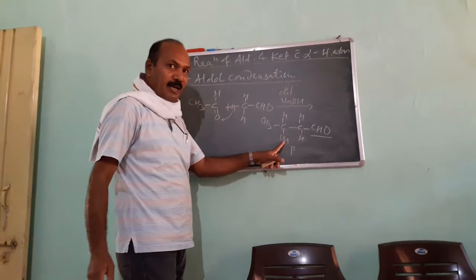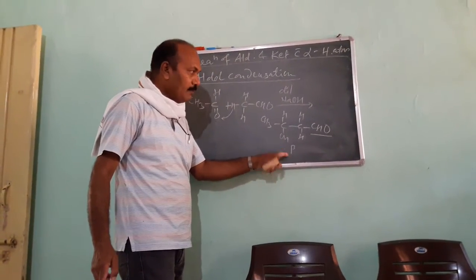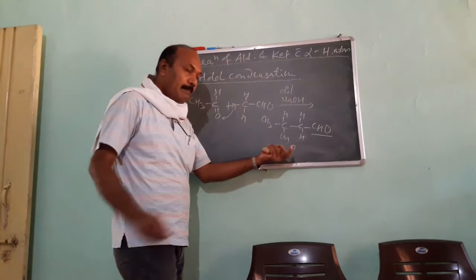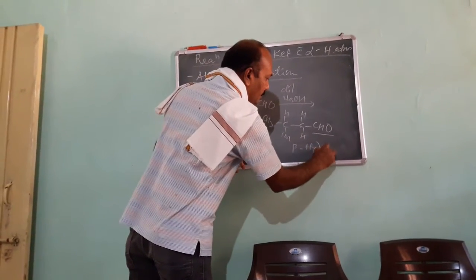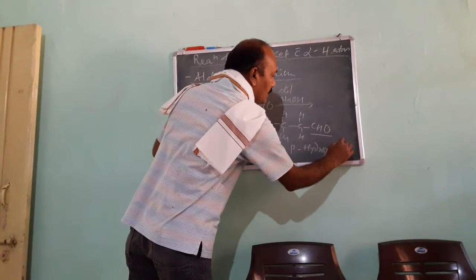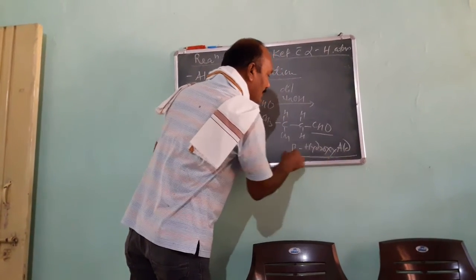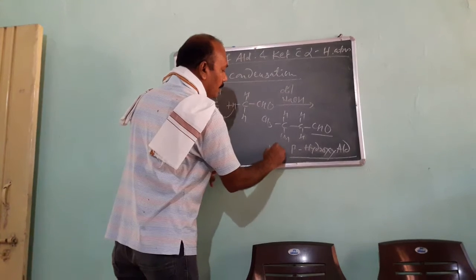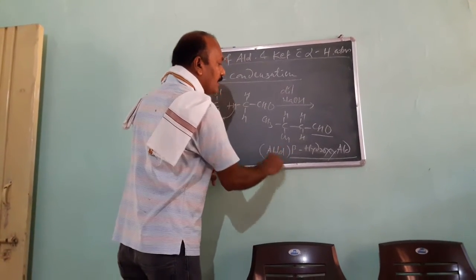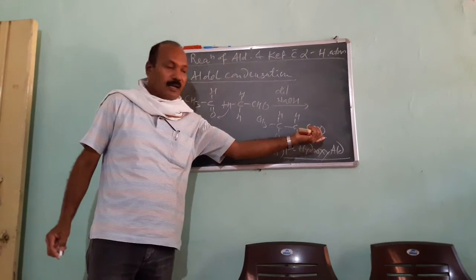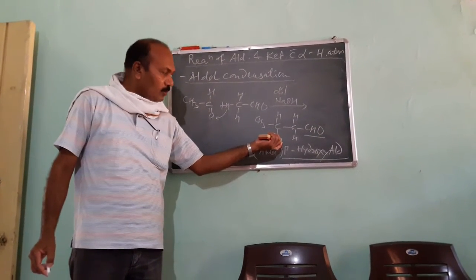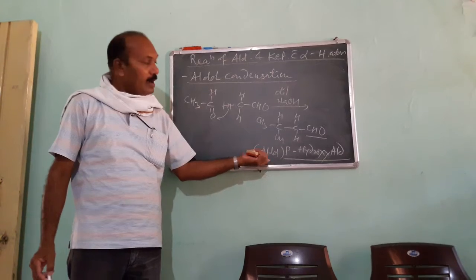Hence at the beta position the OH group is there, hence the name of this particular product is beta hydroxyaldehyde. Hence this is called aldol because the compound contains OH as well as aldehyde. So ALD from the aldehyde and OL from the alcohol group, hence the name is aldol, and the reaction is